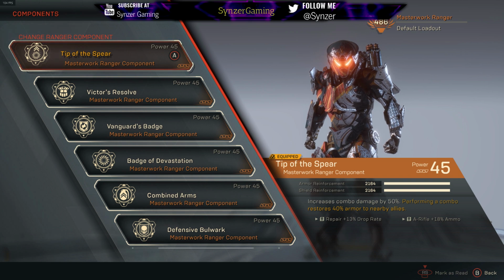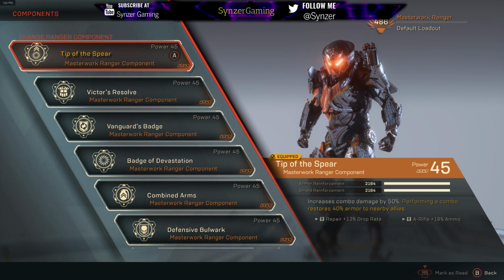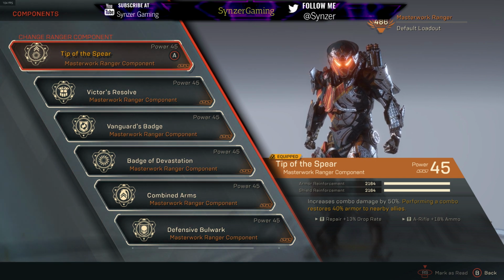Not only will they be able to do decent combo damage, but you're healing everybody. That basically turns Ranger into a sort of healer. As long as you're able to do combos, everybody that's around, and I'm not sure of the range, but everybody will be healed. So that's fantastic. I would say that for this support build, this is definitely the one that you want above everything